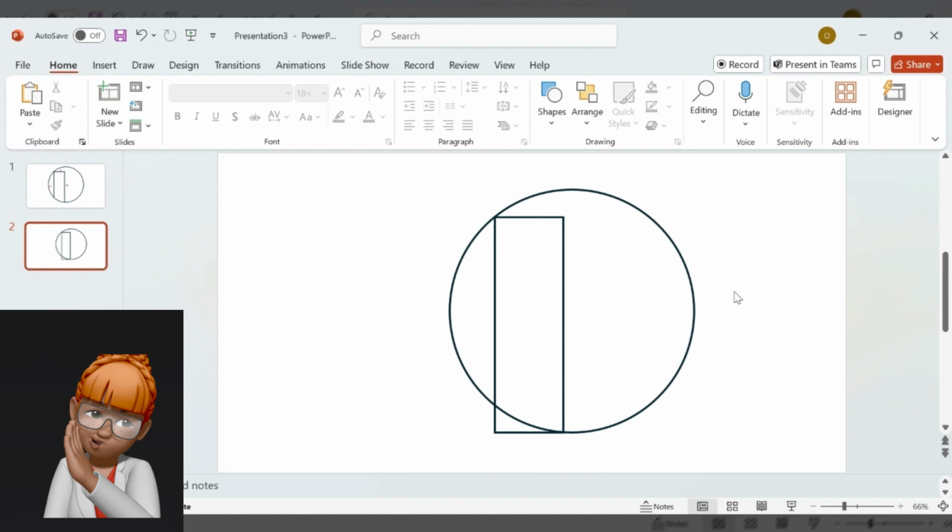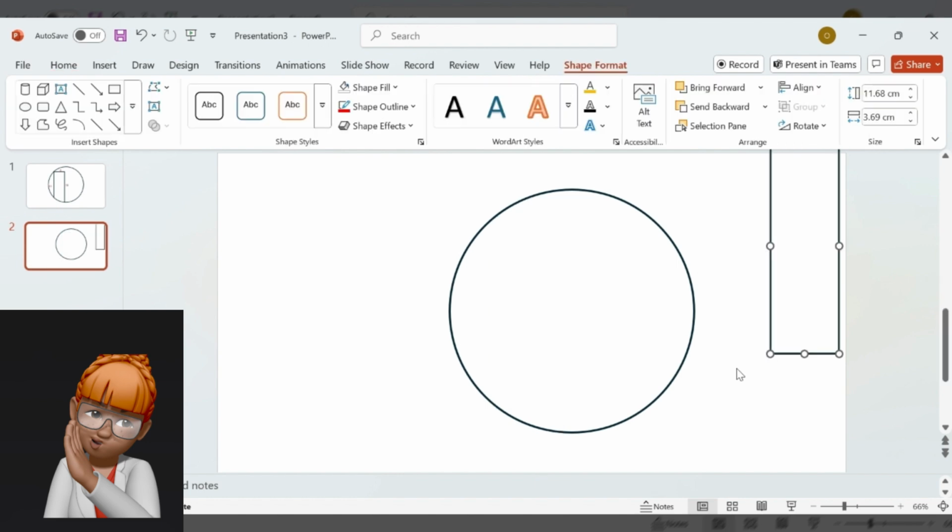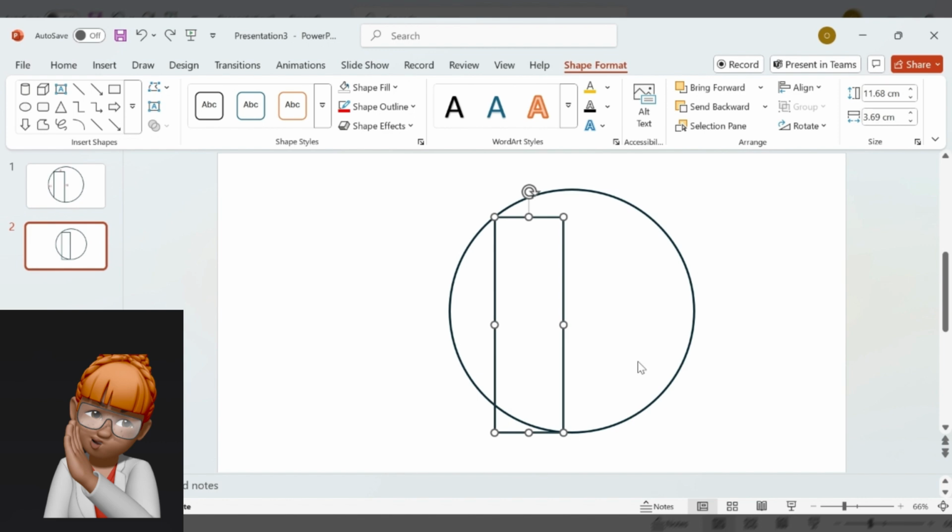So now we're going to remove this part of the shape. To do that, we want to press down our Shift button, select both shapes, go to Shape Format,